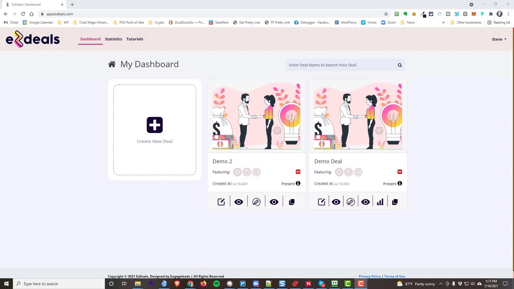But when I tried to get it done, I found out it was a much bigger chore, much bigger task than I thought. I went out and I thought I'd have to hire a web developer, but they wanted a lot of money to do it. Then I started looking at some of the page builder programs that are out there that say it's drag and drop simple, but you know what? It's not. There's a big learning curve, and those things are really, really expensive, right? So that's why I was so excited to get involved with EZDeals, because let me show you how super simple